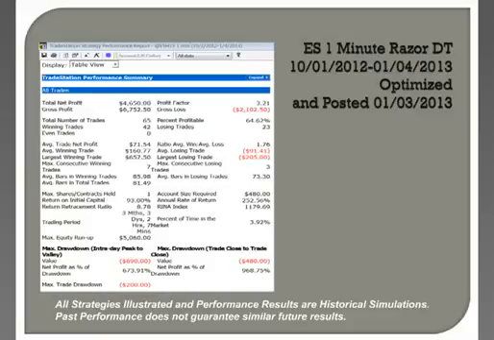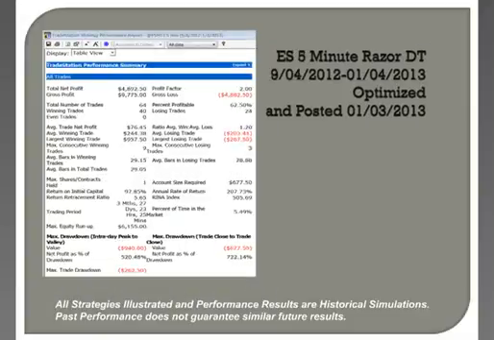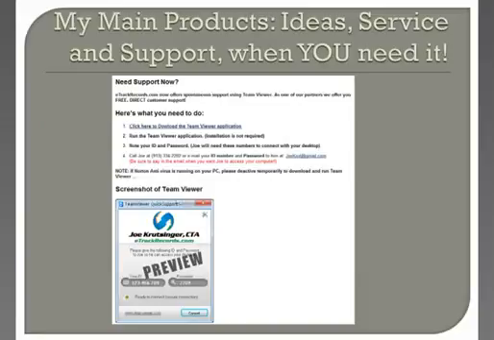Time 1, time 2 are the times within that band that we can take a new trade. But once we're in that trade, we manage the trade until we get the time exit. You understand that? Cool. All right. Sorry to digress, but that was a good question, and I'm getting towards the end anyway.